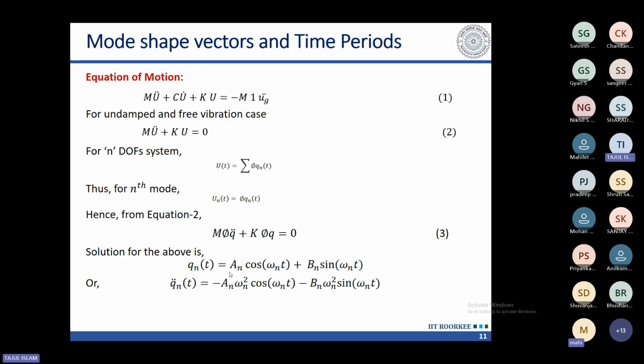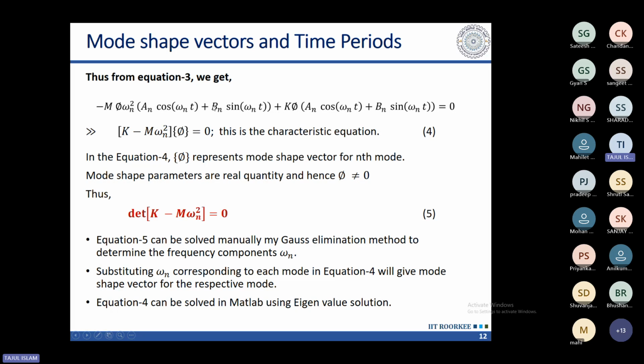So I'll get something like that: minus an omega n square, because this omega n is again a constant parameter. So it will come out, and I'm doing 2 times, that's why it is square. And cos omega n t minus bn omega n square sine omega n t. You can just solve this one, differentiate it 2 times, you'll get this. Then I'll substitute in this equation. Q double dash will be replaced by this one, and Q will be replaced by this one. So if I do this one, finally I'll get